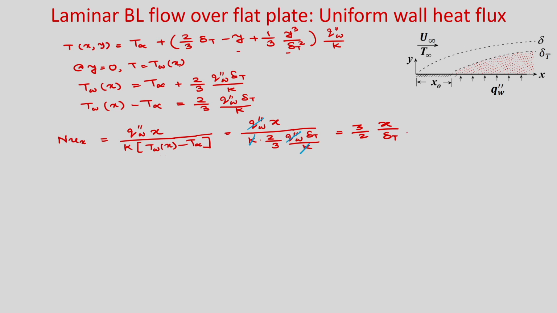So, you can see in this expression, once you find the thermal boundary layer thickness delta T, you can find the Nusselt number. Once we find delta T by x, then you will be able to find the local Nusselt number. So, what will we do now? We know the velocity profile, we know the temperature profile, and we have the energy integral equation. You put them in the energy integral equation, then you will be able to find the thermal boundary layer thickness delta T.